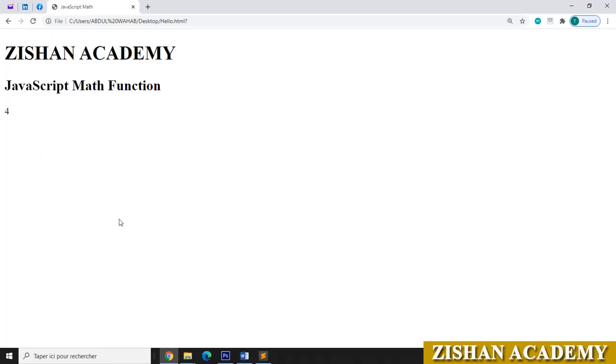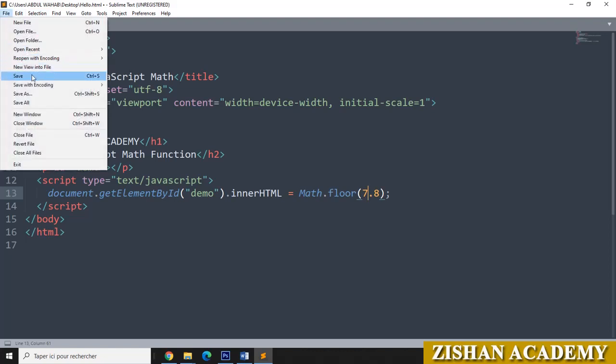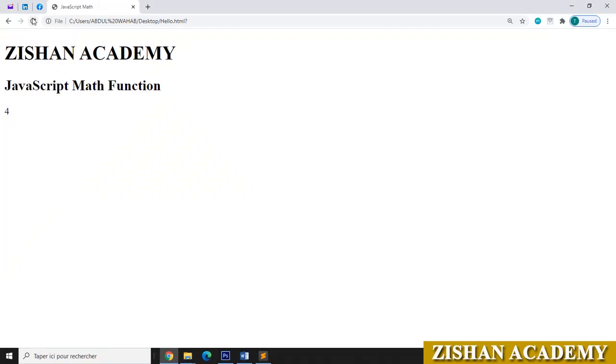You can see now I got 4. Suppose if you have the value around 7.8 like that, go to file, save the file, go to the browser, refresh the browser. You can see now we got the value 7. That is the lower value. It will come to the down value.